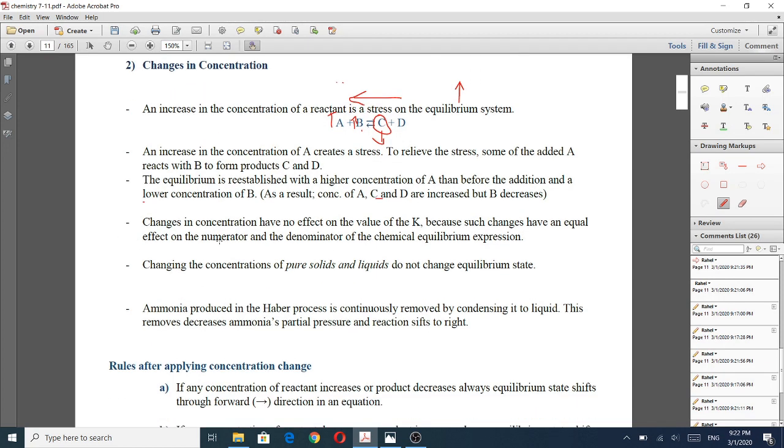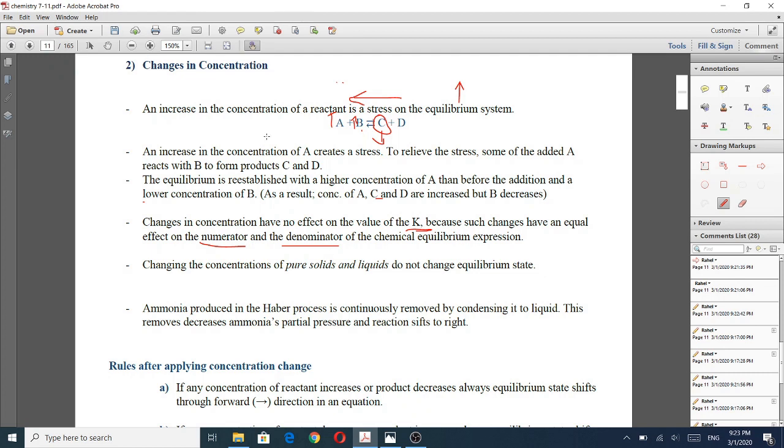So if we want to know what happens after we change concentrations on an equilibrium system, will it affect the equilibrium constant, which we mean K? No. By changing pressure or concentration, the value of K will not change at all, because the change in equilibrium would be in a way that the numerator and the denominator would have the same ratio that was in the previous one. I'm going to show you some examples later so that you can see that no K is changed